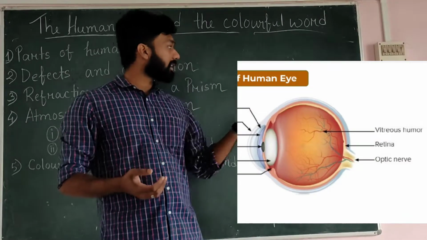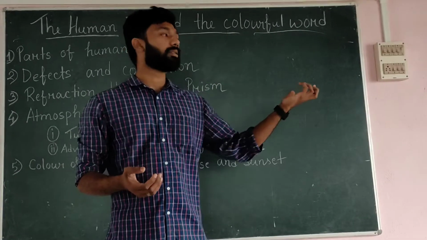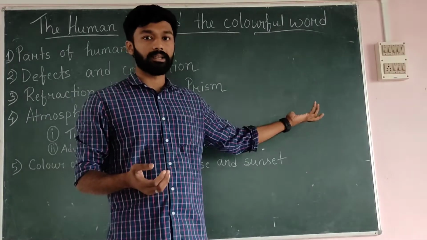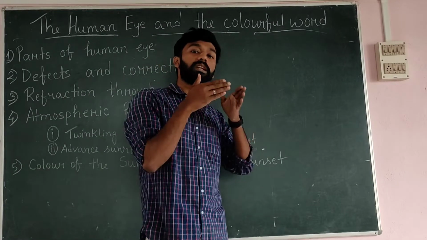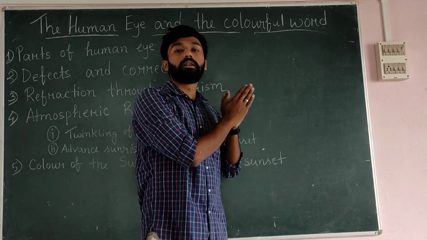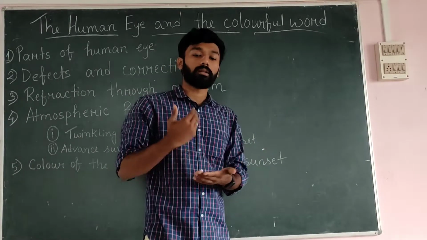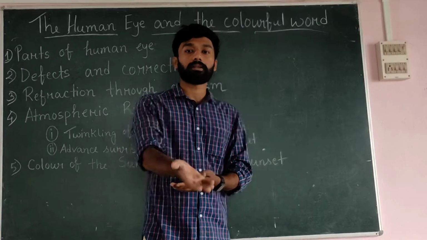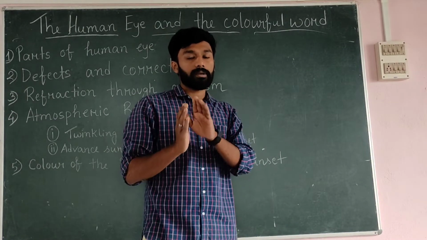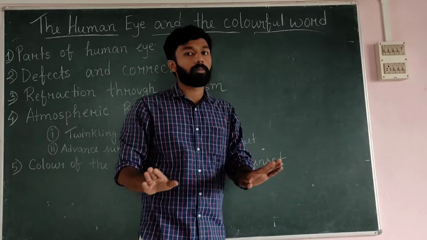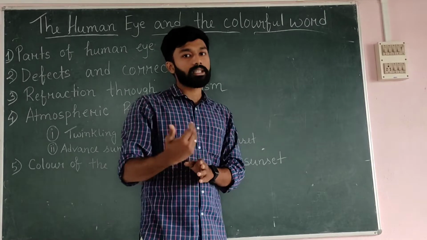Okay, so if the lens or the eyeball has some trouble converging this light, so that the proper image is not formed at the retina, we call it defects of the eye. There are some defects of the eye that we are going to look at. That means first, to understand what a defect of the eye is: a defect of the eye means the image is not properly formed. Why is it not properly formed? Mainly there are 2 or 3 types of defects.